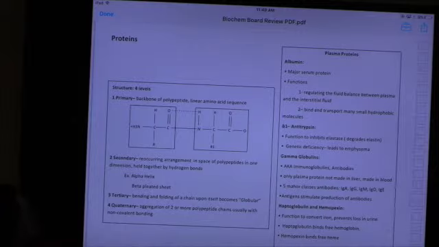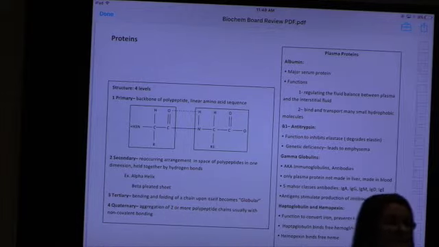What about secondary structure? What are the two we know? Alpha helix and beta sheet. Okay. When we talk about going from curly hair to straight hair, we're going from what to what? Anybody know? We're going from an alpha helix to a beta pleated sheet. That flat iron, if they ask you a question about keratin and flat ironing your hair, which has actually been a board question in the past, you're going from an alpha helix to a beta pleated sheet. Does that make sense? Okay. What about tertiary structure?